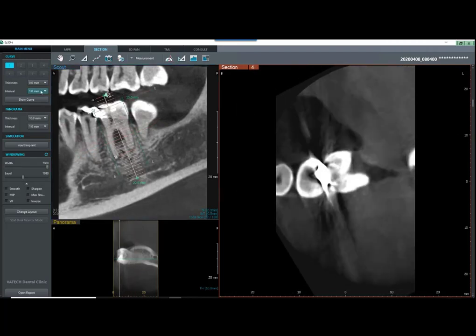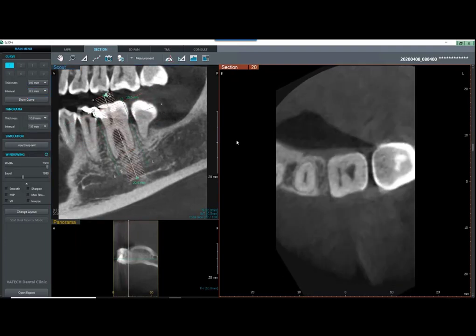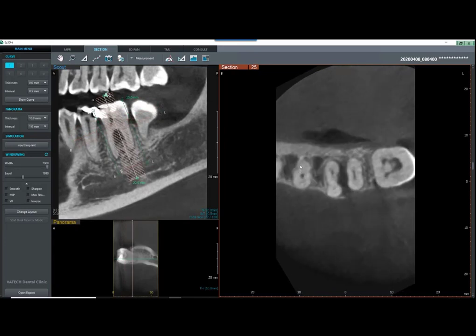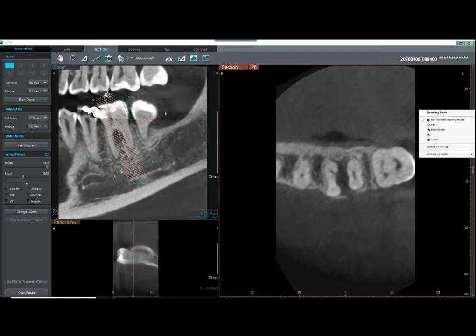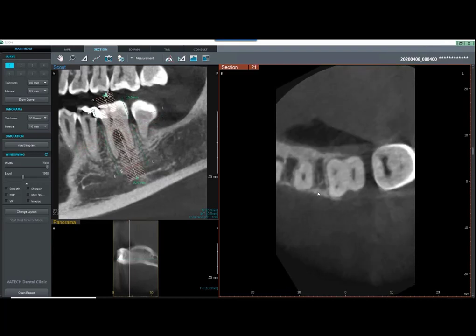I might come over and change my intervals. I'm not going to take it quite down to a tenth. I'm going to take it to about a half a millimeter. And let's scroll through that. And looking at our canals here, I guess my question to all of my endodontists and my dentists out there is I would consider that the area of concern. Communication over here. And scrolling down, we can see that infection there. Scrolling back up,